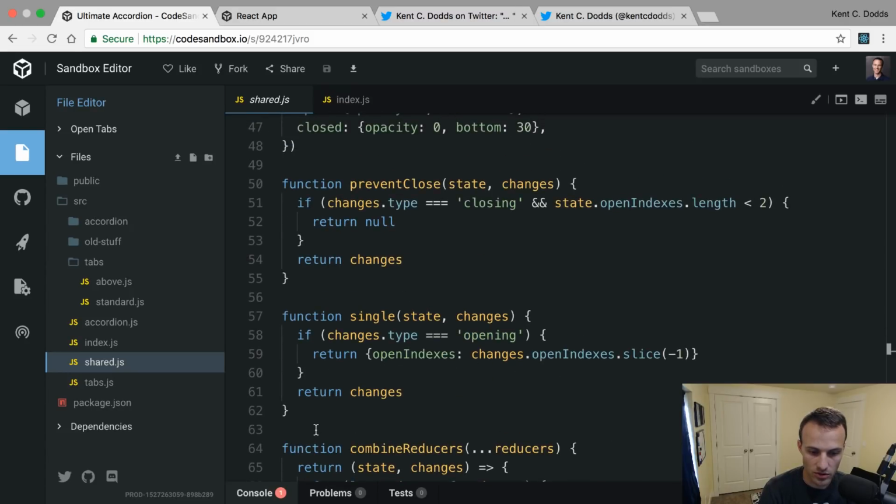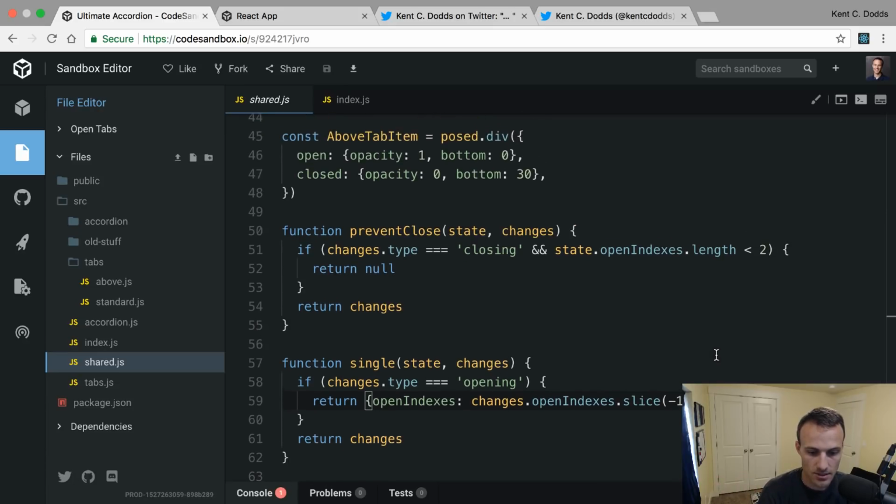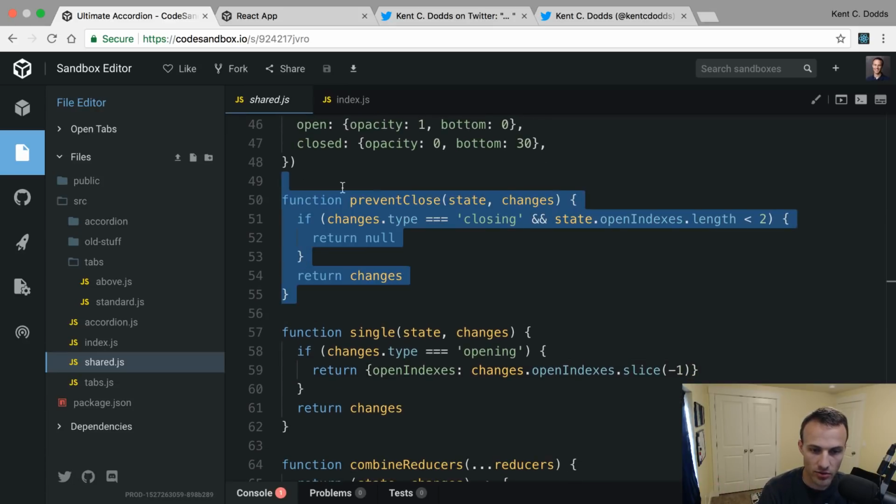So for example, single, we're going to say, hey, if the changes type is opening, then let's just take, of all the open indexes in the changes, let's just take the last one. The last one, I guess. I don't need to say more words about that. Prevent close